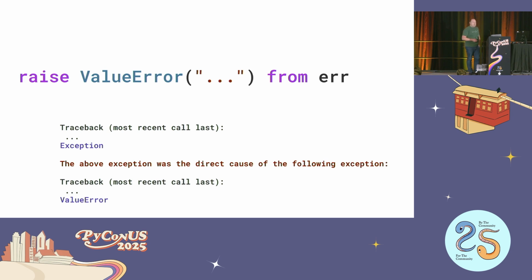Fewer people now. The from syntax for exception raising lets you explicitly specify that the exception after the from is the cause of the one before the from. And so this lets you, for example, catch an error raised by a library that you're calling and replace it with an exception type which is specific to your application or domain, but explicitly track where it came from. So it's not just there was an exception while you were handling another error. This is saying, here is my library's error type, and the reason I'm raising it is this other exception. And so that can make things a little more explicit.